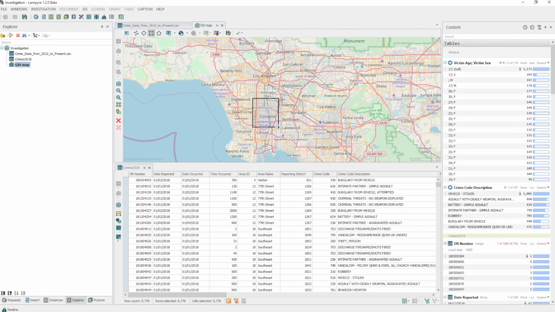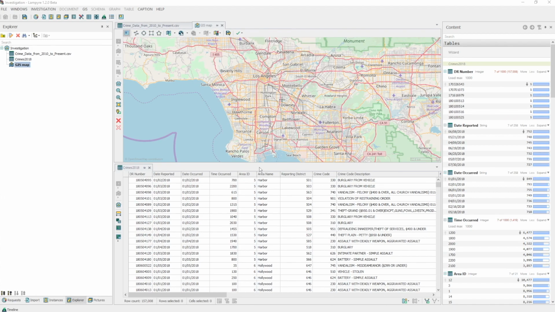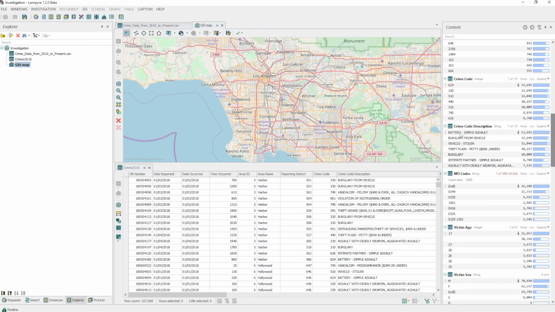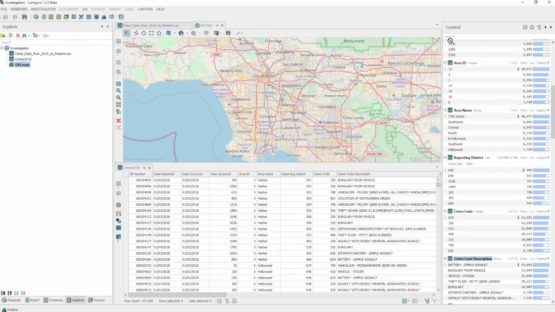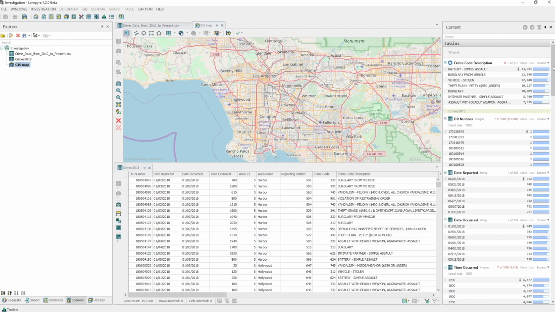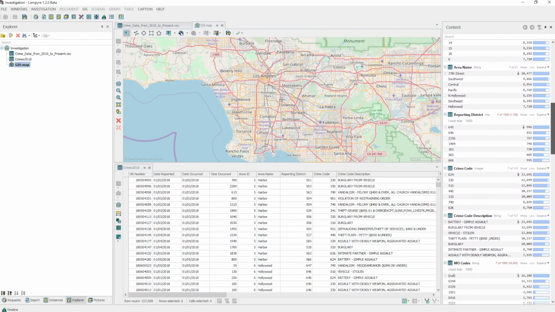When we release the button, we see that the data in our table has changed. Also, with the help of the wizard, which we previously used in the content window, we can find, for example, the crimes with the biggest number of weapon types used. Similar to the way we did with our tuple condition, we'll do the same with the columns crime code description and weapon description, but create a so-called group condition.